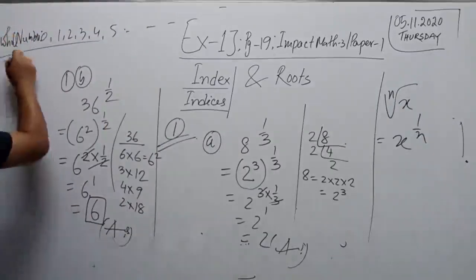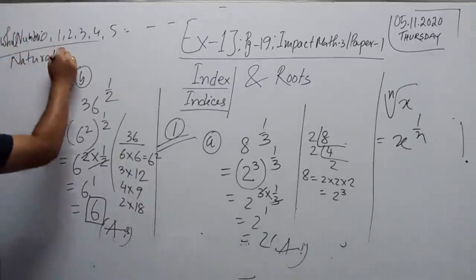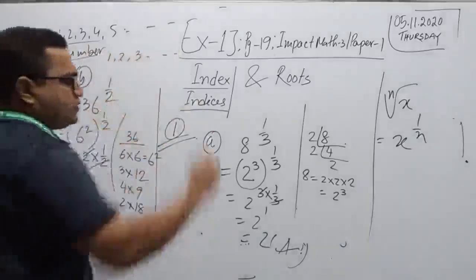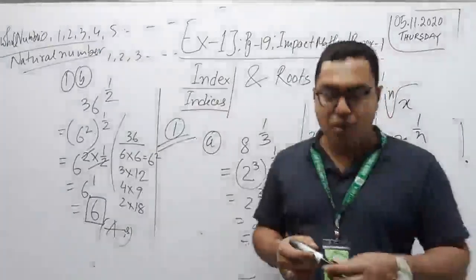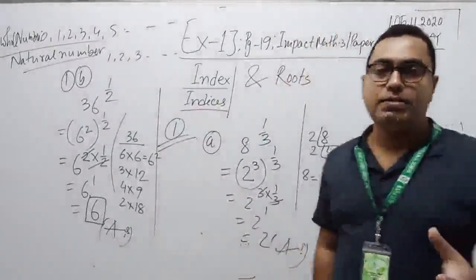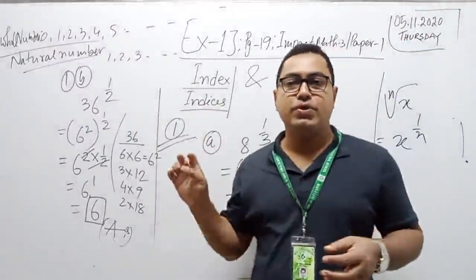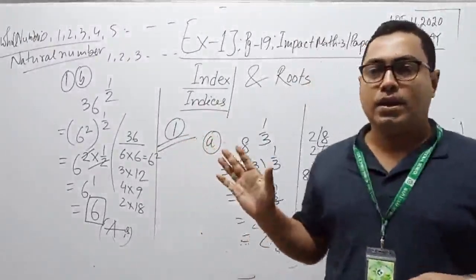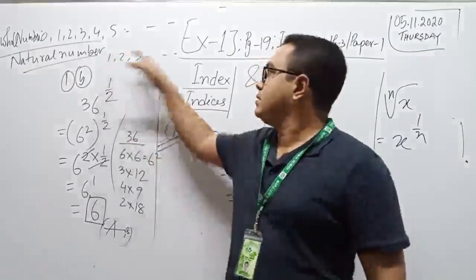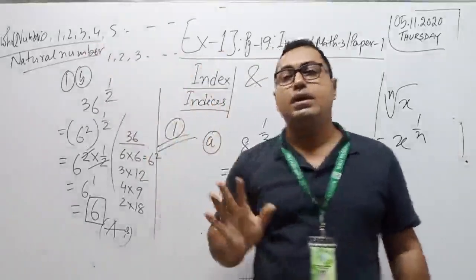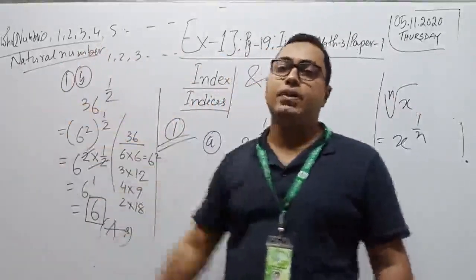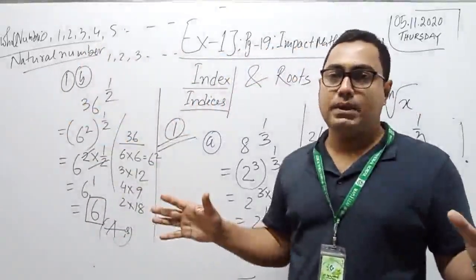Whole number and natural number. One, two, three, like this. Natural number, or counting number, by which we count, suppose 1, 2, 3, 4, 5, 6, this way. If you include 0 with the series of natural numbers, this number is called whole number. And if you use negative non-fractional numbers, it is called integer number.